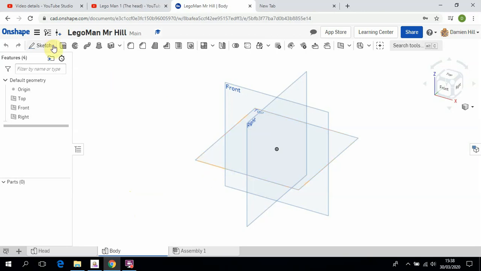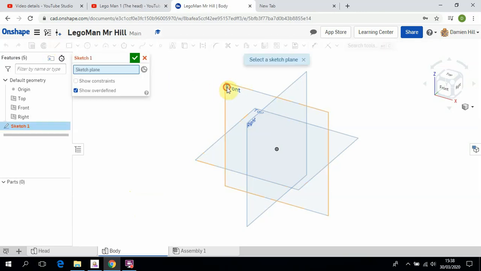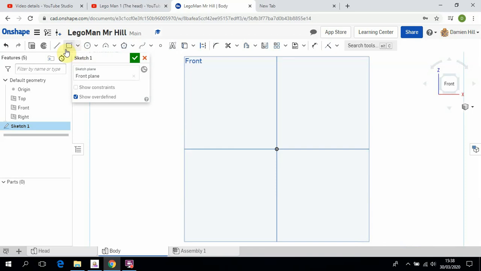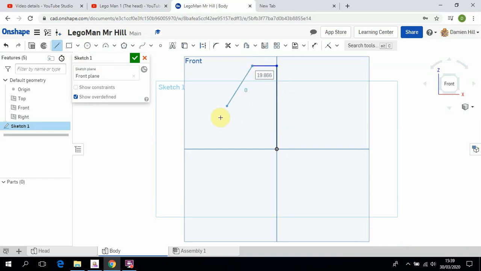Okay, so we're going to open up a new sketch. We're going to do that sketch on the front plane yet again, and we're going to choose front over here, so we're looking at 90 degrees. We're going to start our sketch from the origin. Going to go straight up, going to come across, bring a line down at an angle. Don't worry about what that angle is yet. Whoops, a small mistake there. Going to bring that line down at an angle, not all the way though. I had forgotten to leave a little extra bit,